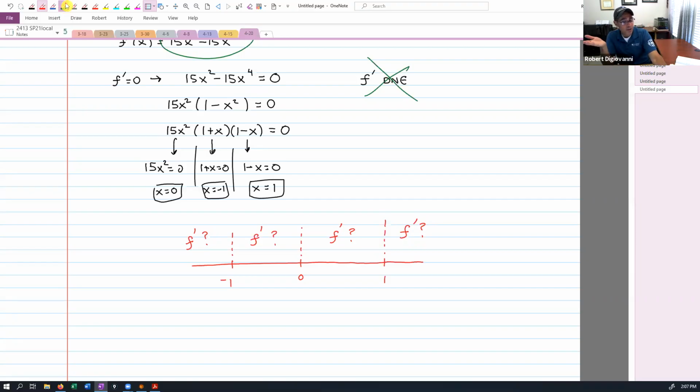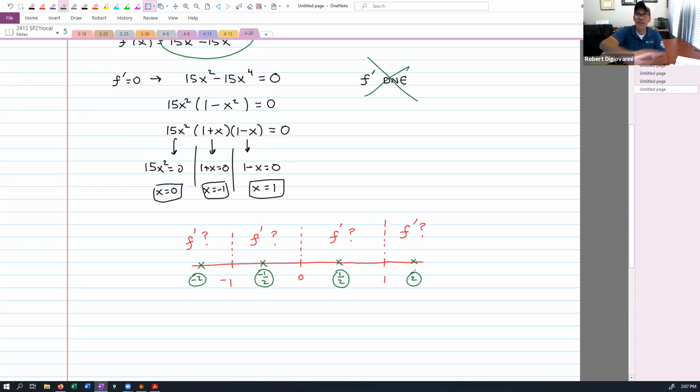So to figure out what the derivative is doing, I'm going to pick any number I want, to the left of -1. I'm going to pick -2. I'm going to circle it so you don't confuse it with this one. I put an X on it so that you realize that's going to be what I'm referring to as a test point. I want to test that point into the derivative and see if the derivative turns out to be positive or negative. Then I'm going to pick another test point here, maybe like -1/2. Then another test point right here, like maybe +1/2. And then another test point over here, like maybe 2.